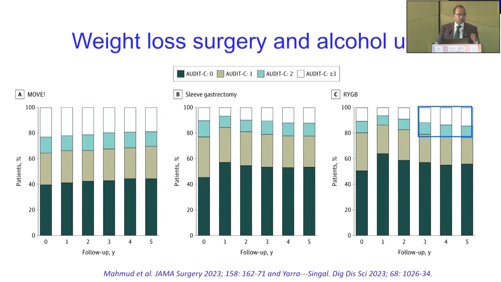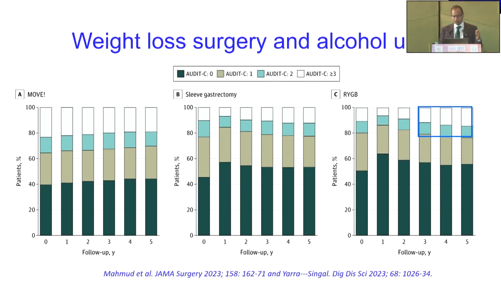Another issue highlighted in this patient is that she underwent a gastric bypass surgery, and there is a lot of data available now, mostly observational retrospective data, to show that at year 4 and year 5 after gastric bypass surgery, not only alcohol but other drugs and substance use increases in patients, for some reason, who undergo gastric bypass surgery. And the control population here is sleeve gastrectomy in the middle and the MOVE program, which is just lifestyle intervention on the left.